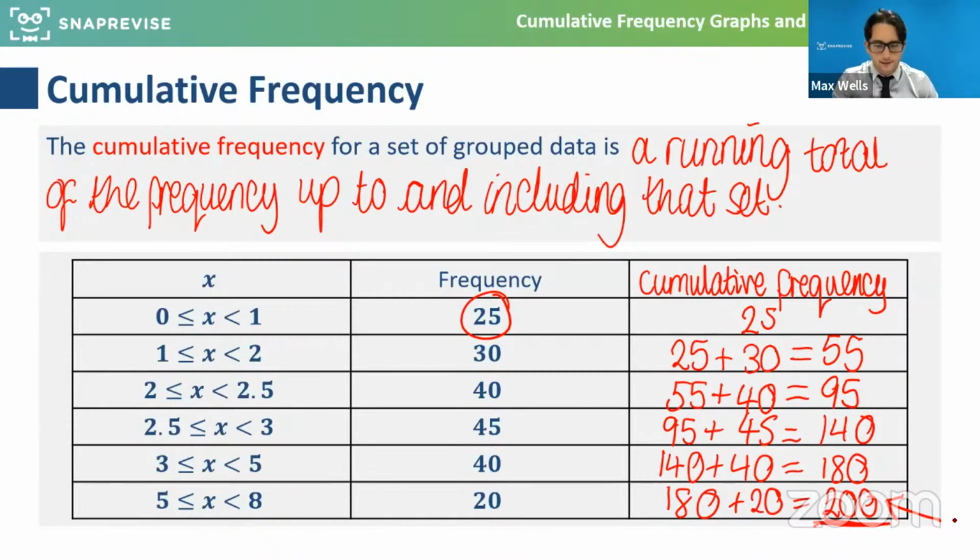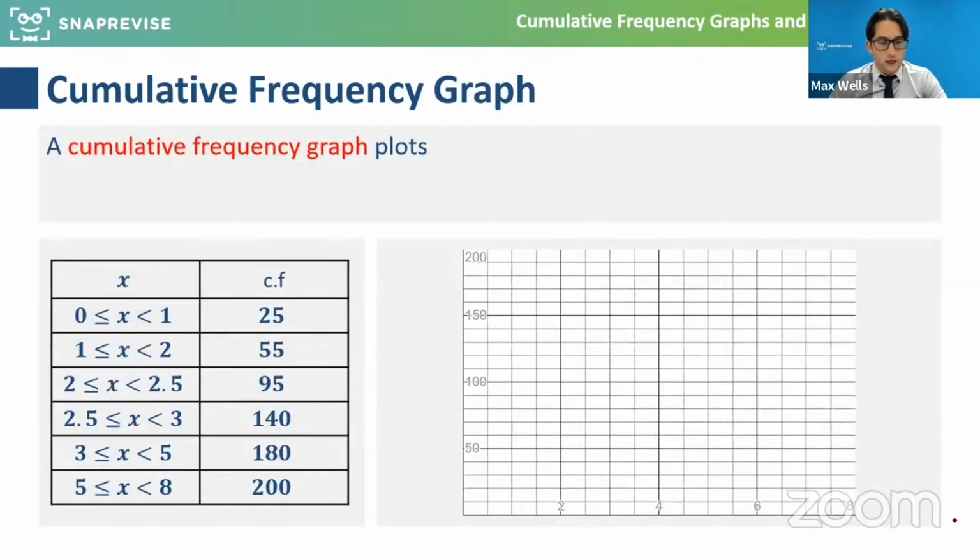Who recognizes this? It looks like some people have seen this before. Excellent. So a cumulative frequency, the best way to think of it is like an accumulation. You're gaining everything all together. So by the end of it, you've accounted for all the values. There's 200 bits of data all the way from 0 to 8. And I've kept a running total of the groups as they increase. So when we look at what this is as a graph, a cumulative frequency graph plots basically the upper bound,